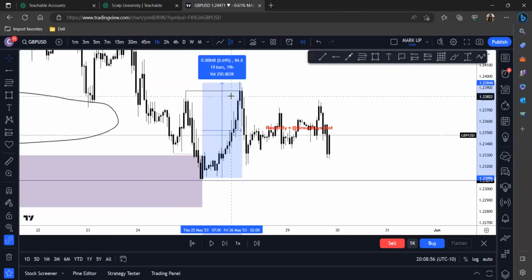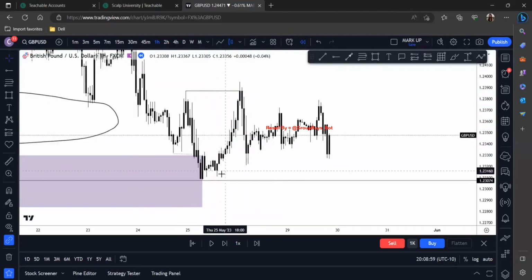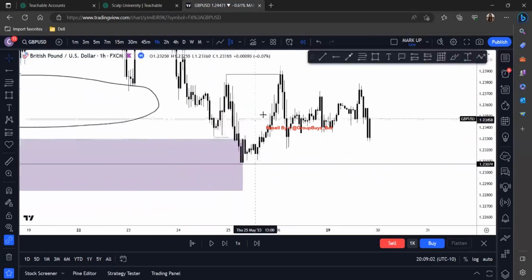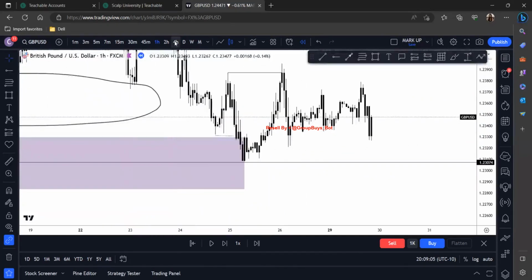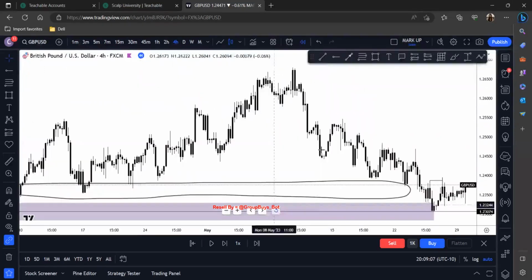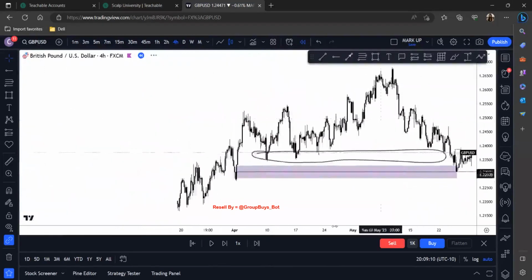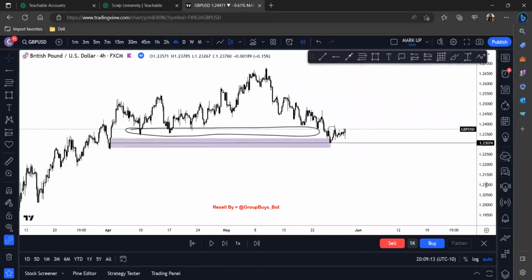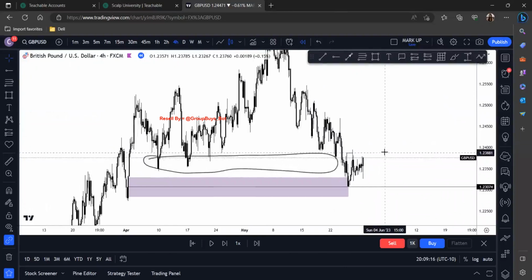It flew about 80 pips. Okay, that's already a good move. And I probably would have caught this move on the lower time frame. So I'm going to go back here, because I do want to mention one thing. I hope I'm being very clear. I'm trying to be as clear as I can with you guys right now, so that you're able to understand this, especially if it's new to you or you've never really looked at the market this way. I'm trying my best to explain it. So if you still have any questions, you can ask me. Don't feel afraid to ask.